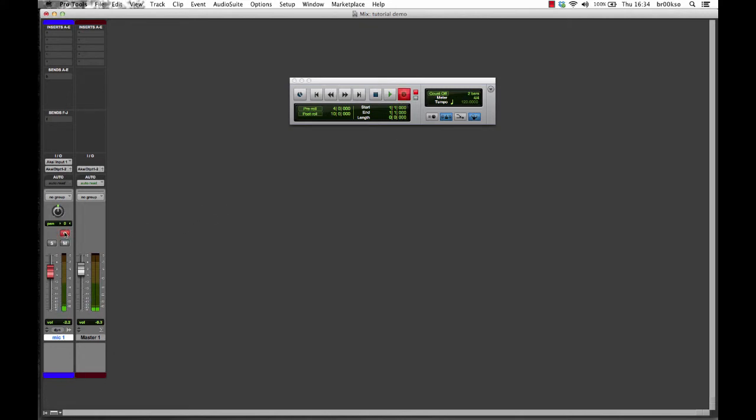So I've armed my track. Now if you de-arm the track there and press that wee red button off, you see there's nothing happening because the track's not ready to record anymore. But as soon as you press that wee red button, that's it armed and ready to record, and you can see it receiving the signal.